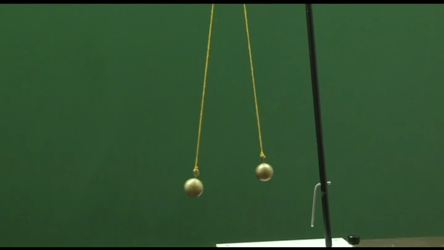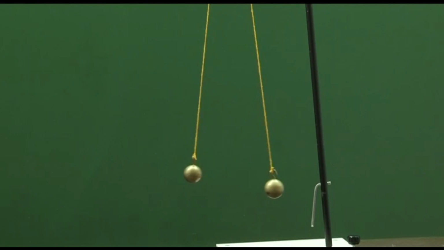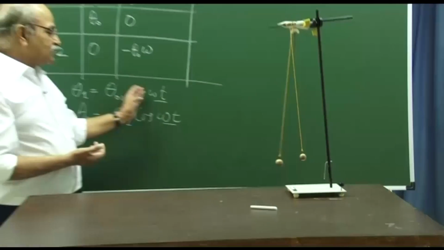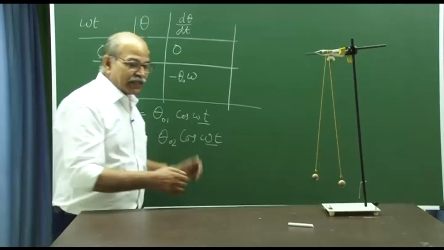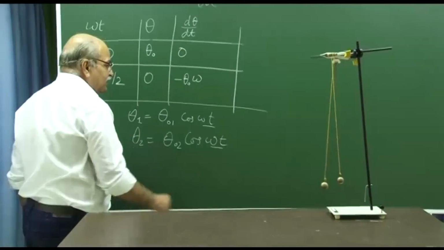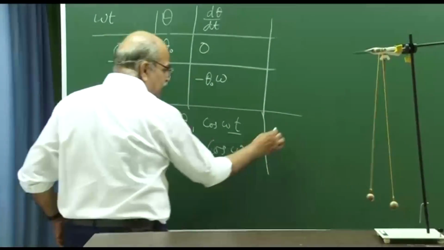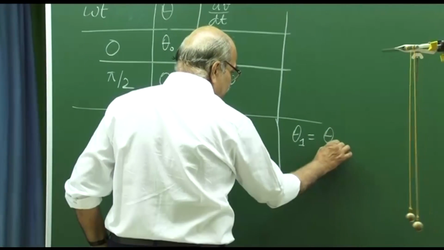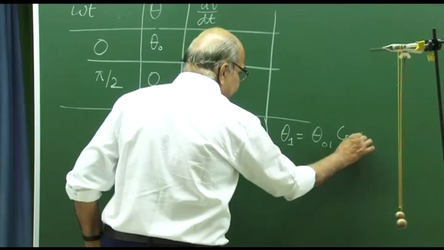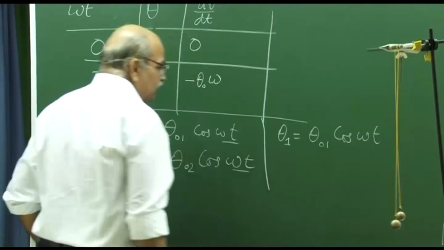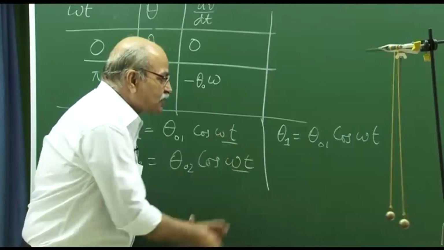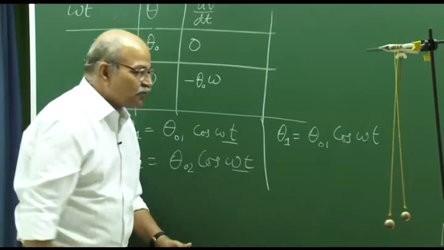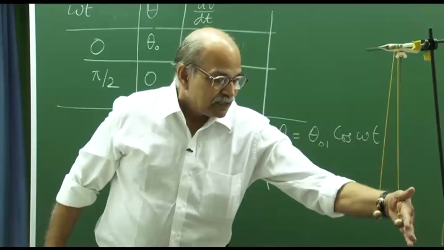So these two motions cannot be described by a single equation. So if I still say that my first pendulum, the front pendulum, is given by some amplitude cos omega t, and with the same t equal to 0, the same theta equal to 0, if I want to describe the rear pendulum,